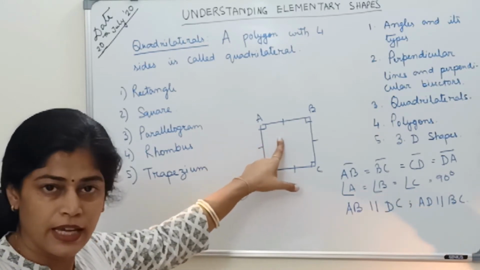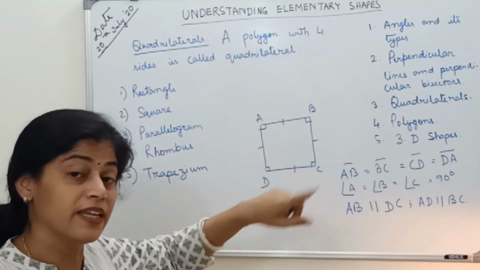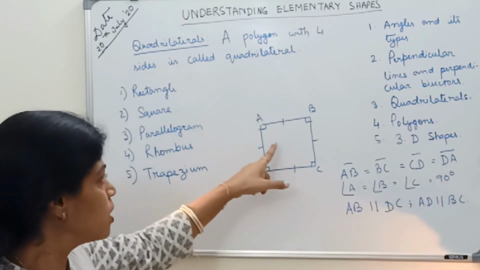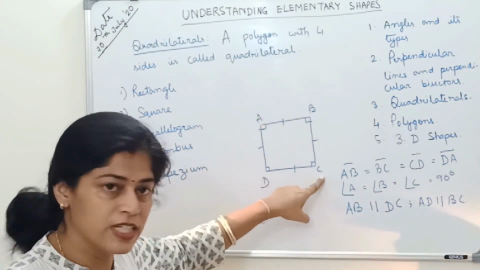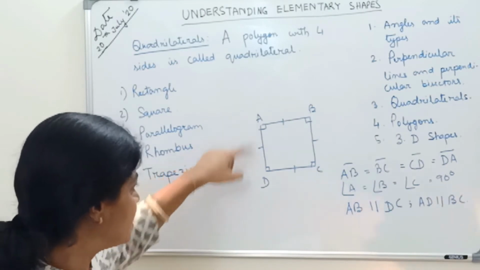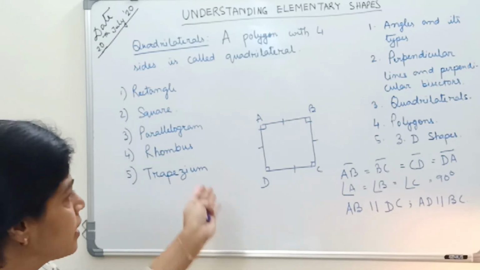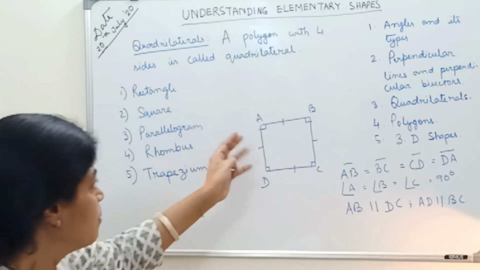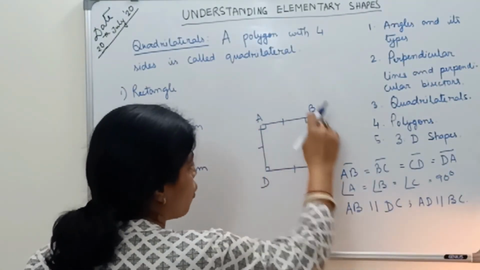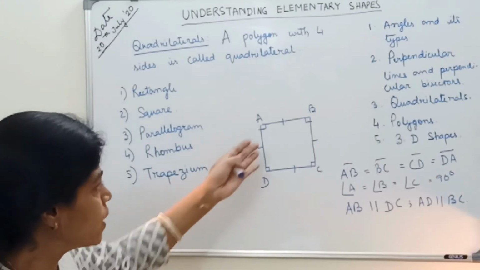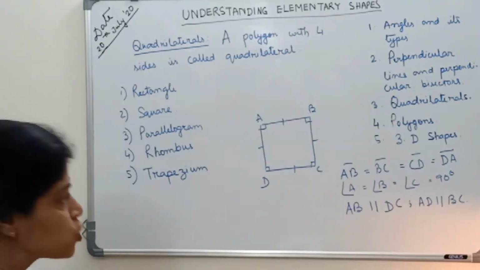Can we say a square is a rectangle or not? Yes, a square is a rectangle, but a rectangle can't be a square. Why? Rectangle also has side AB equal to CD and AD equal to BC. So here these are following, but a rectangle cannot be a square, because rectangle has these two sides equal and these two sides equal. Here all the sides should be equal. So a square can be said as rectangle, but a rectangle can't be a square.